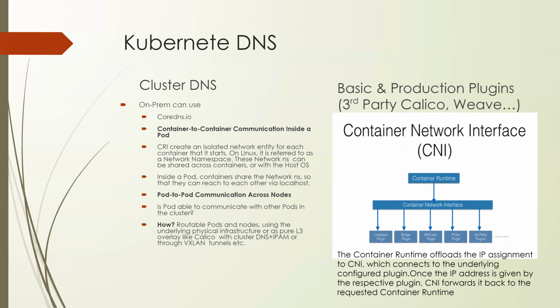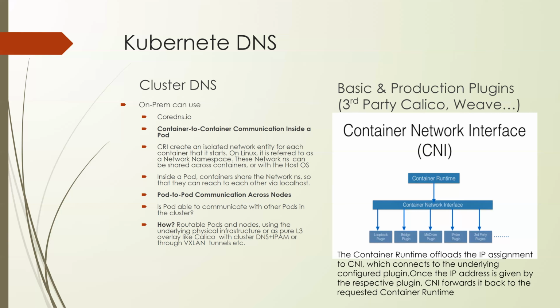The important part is that CRI creates an isolated network entity in the container called a namespace, the network namespace, network NS. That's what allows the pods to connect to each other, because if the namespace of the pod is, let's say, cluster 1, then cluster 1 is the namespace used by all the pods within the container, and therefore they are able to connect using the namespace. But if it is not in the namespace, it is outside, because you have two nodes now, and just local loopback will only allow internal access.